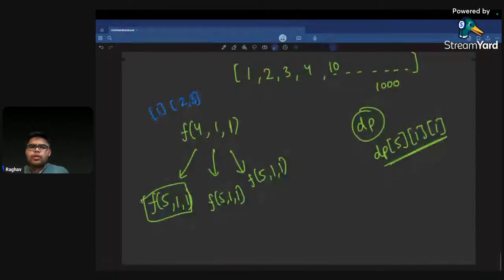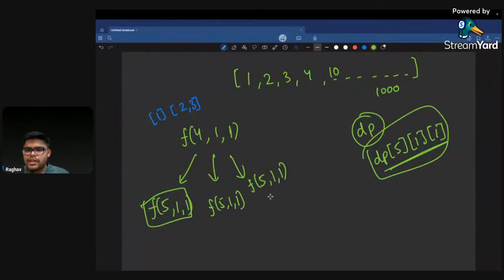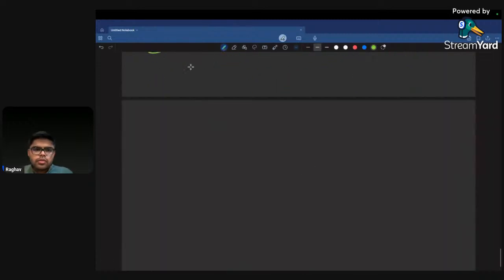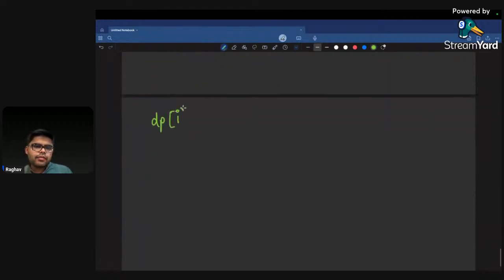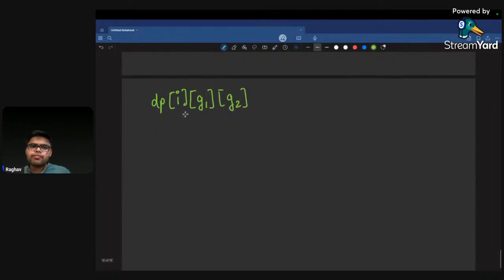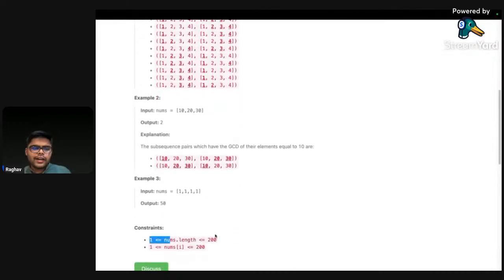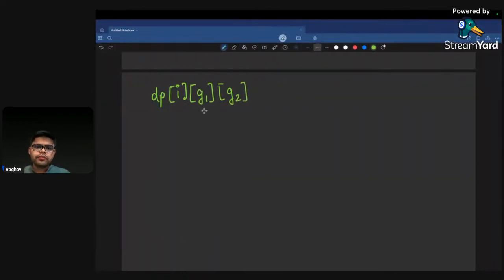And now the next thing is we should define the DP state once. So the first parameter we had was index. The second one was the GCD of the first subsequence. Let's call it G1 for now. And the GCD of the second subsequence. So we have 200 elements at max, and the values of the elements can also be at max 200. So we can create a DP array of size n, 201, and 201, because the GCD of multiple elements